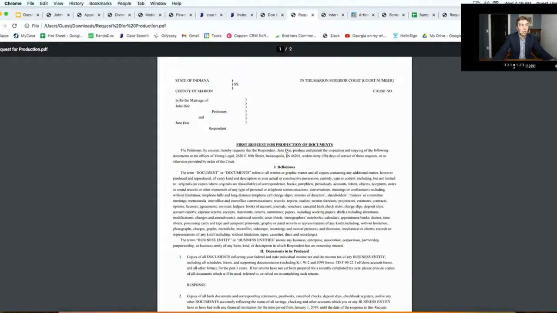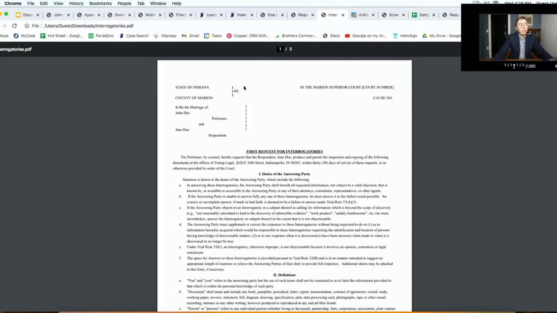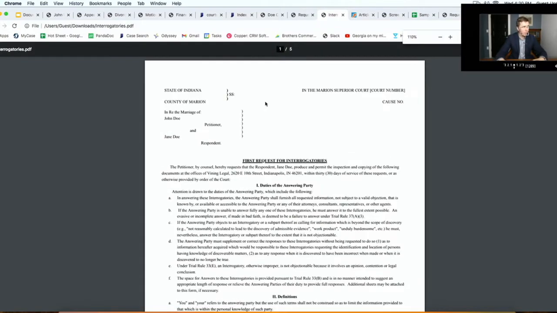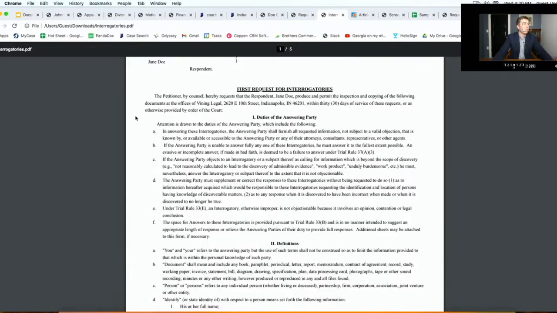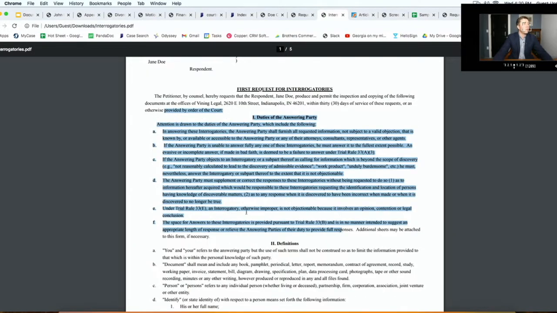So discovery, the request for production, is a good way to start getting information in your case. The other type of discovery that you see in a divorce would be interrogatories, and what those are is questions that you would ask the other party under oath. And here's an example of what you would see in a divorce case. Here it lays out the duties, the definitions in terms of just